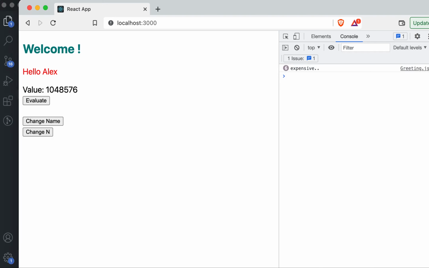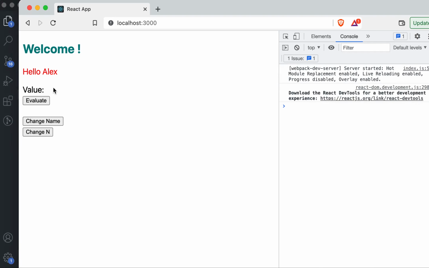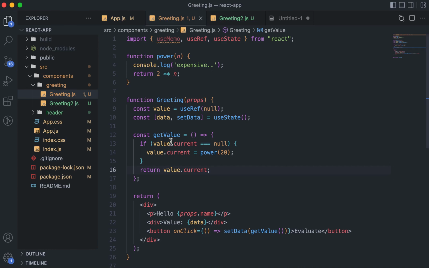So right now you can see that when I refresh, initially this is undefined, that is fine. When I click, I do the expensive calculation and get that data. But after that, it does not matter how many times I click, or how many times the props change, this expensive computation will not be done, because it is cached, right? So this is an example of caching something without using useMemo, but generally this sort of pattern applies when